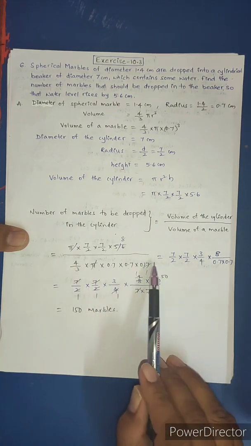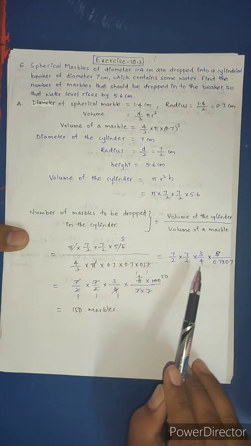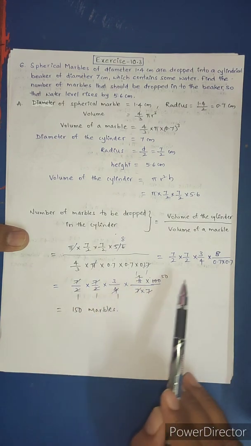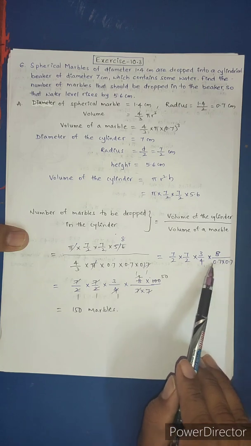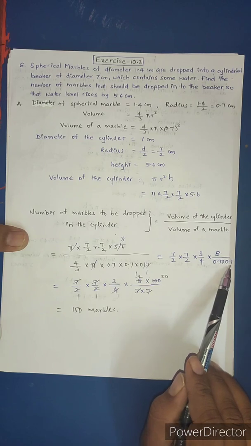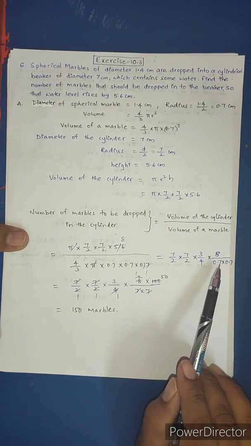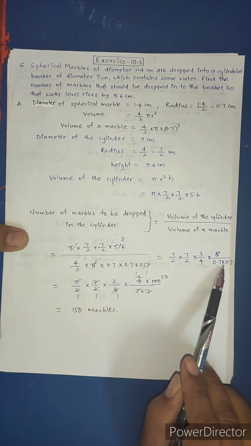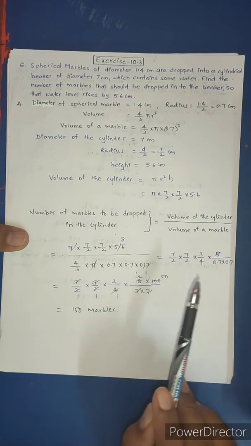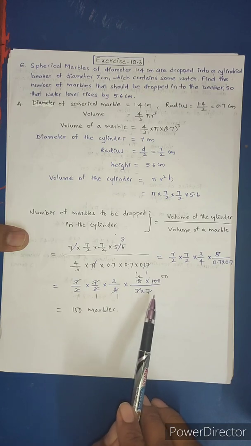So you write the reciprocal of this fraction in the numerator place: 3/4 into this. 7 we already cancelled. Now remaining 0.7, 0.7 two times. So 0.7, 0.7, 7/2, 7/2 into 3/4. To remove these two decimal points, multiply and divide by 100. If you multiply these numbers by 100, we can remove this decimal point. Now we multiplied 100 in the denominator place, so automatically we need to multiply in the numerator place also. So I multiplied here 100 and removed the two decimal points in the denominator place.